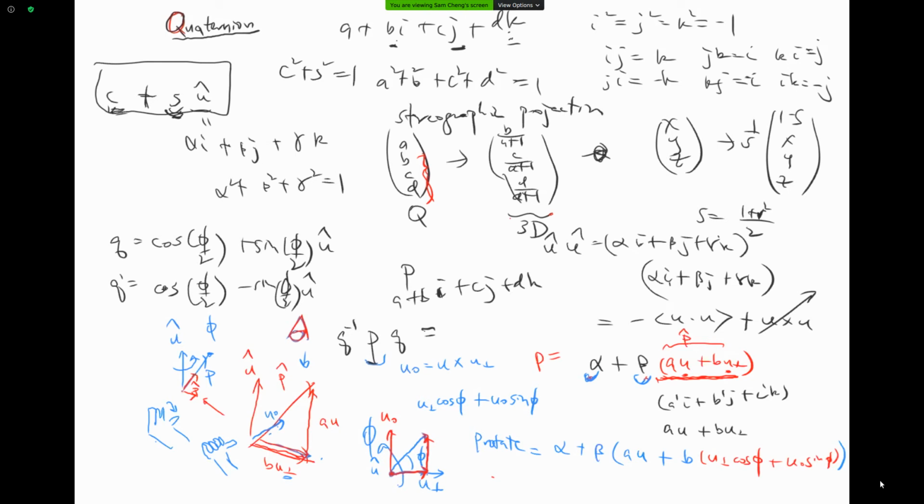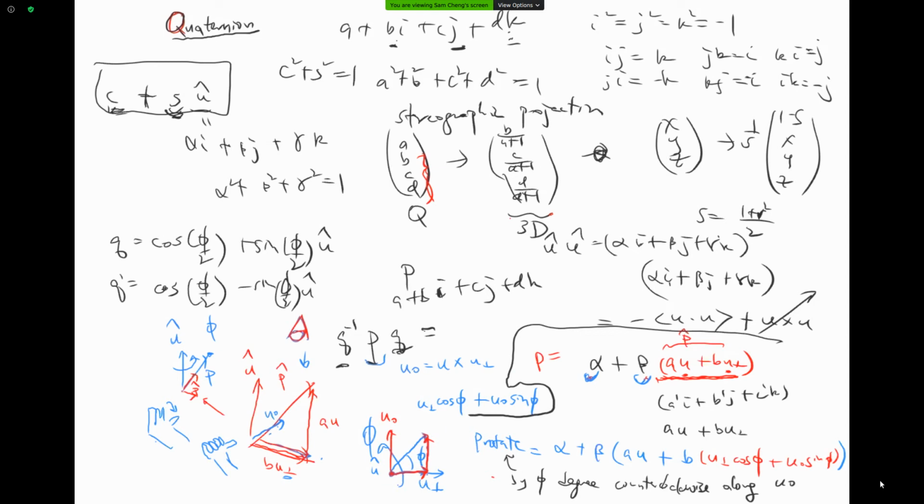So this is rotated by 5 degrees counterclockwise along U0. Okay, that's what we want to show basically. This is the starting P here. I want to show that if I multiply by Q